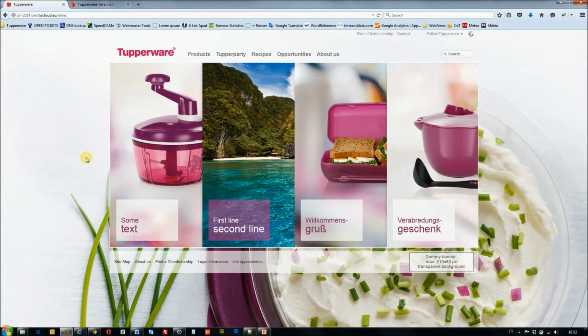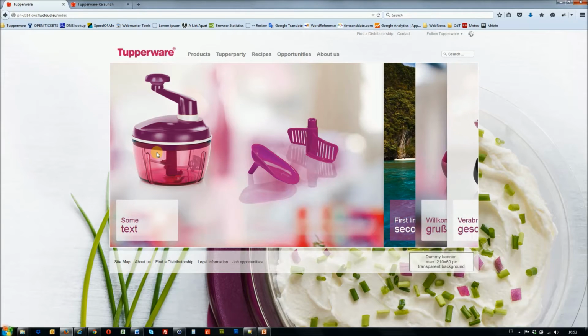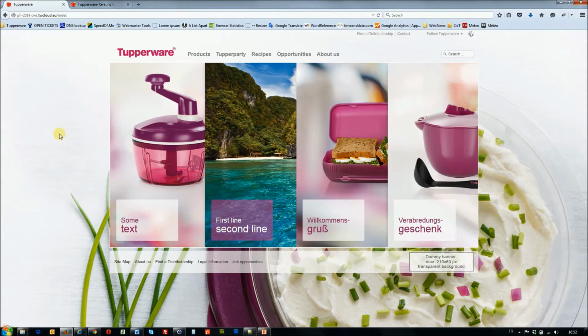Each image has a background image, of course. Then in the bottom left corner you have a little box with some font, and of course it's linked, because otherwise it doesn't make sense. Another option is to have the first